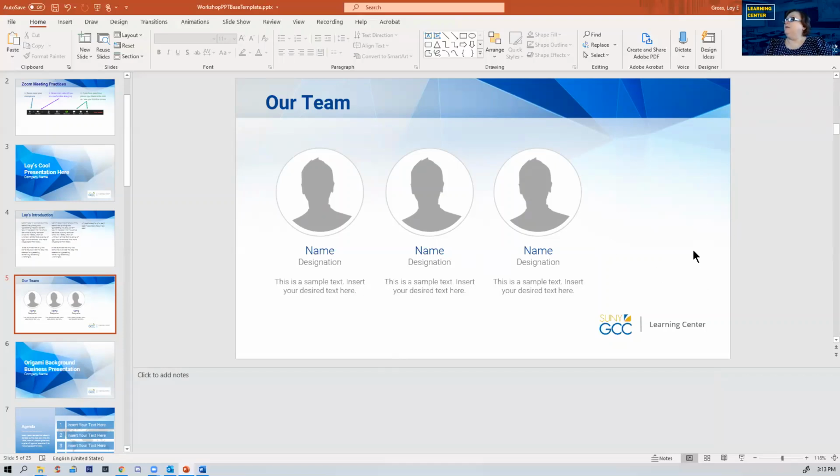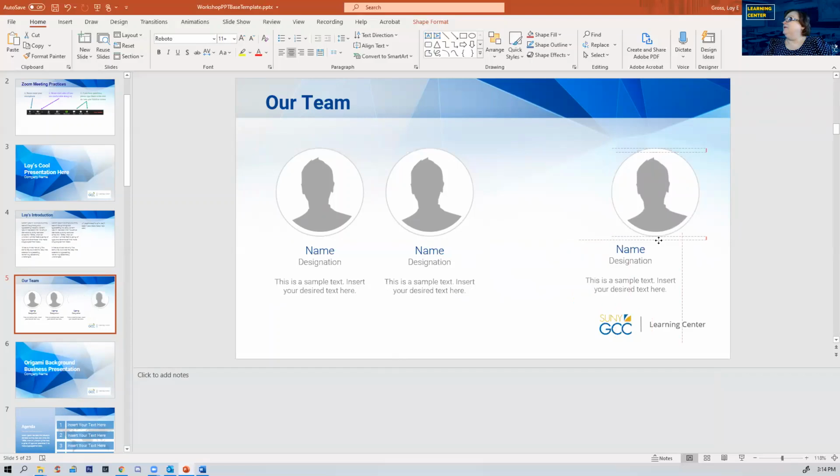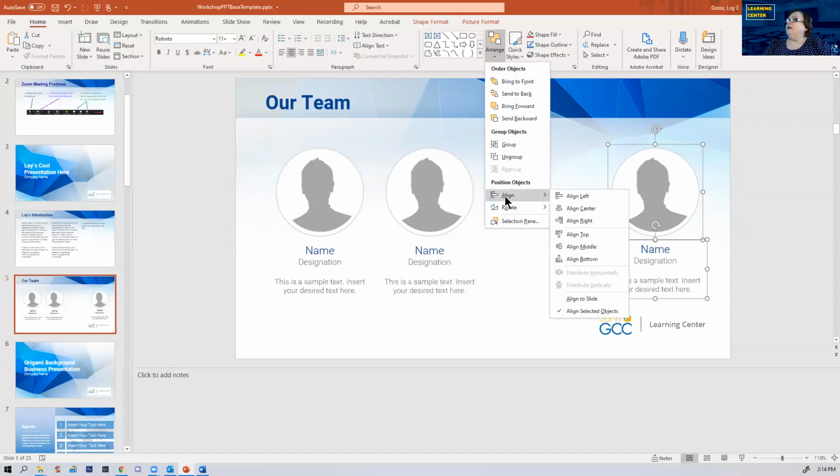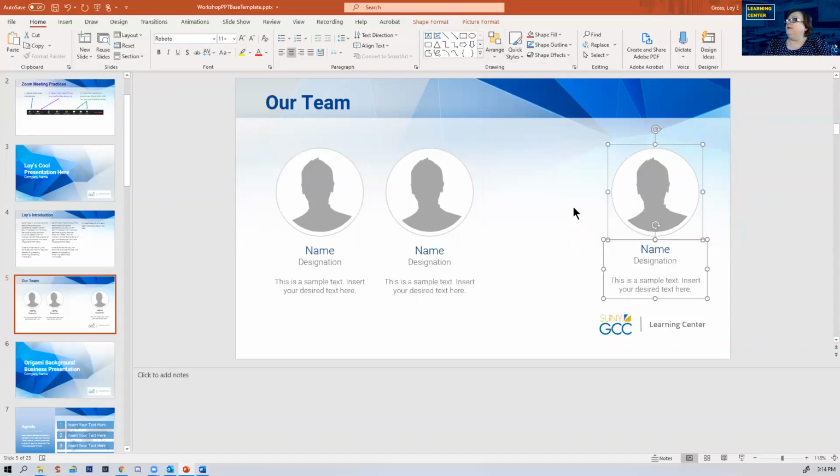But this leaves an awfully big blank space over here at the right, and I don't want that. That's kind of weird. So what many students will do is they'll sit there and they'll move the picture over and they'll move the text over, and try to move things around. And PowerPoint has a really nice way of organizing this for you. So for example, I can take these 2 items here, the picture and the text, and I can use the Arrange menu, and I will align them center so that they are centered with each other. I can do that with any items on my screen.